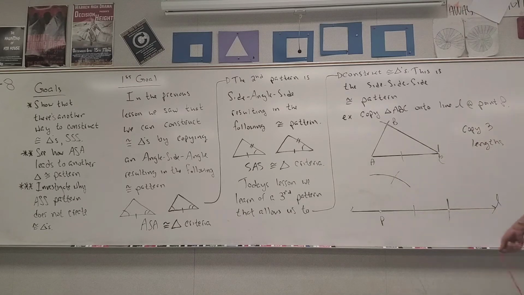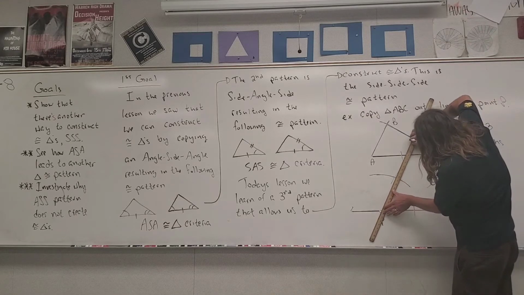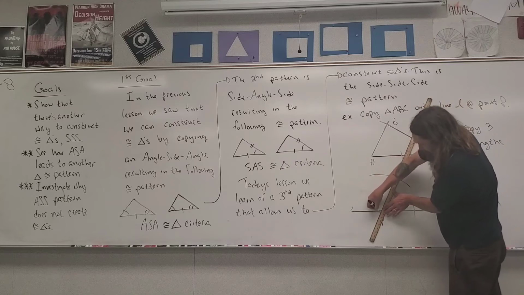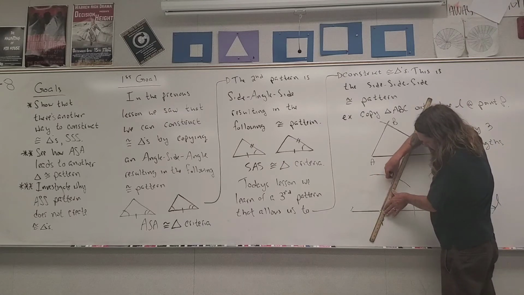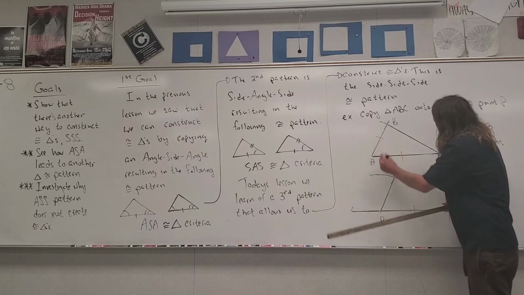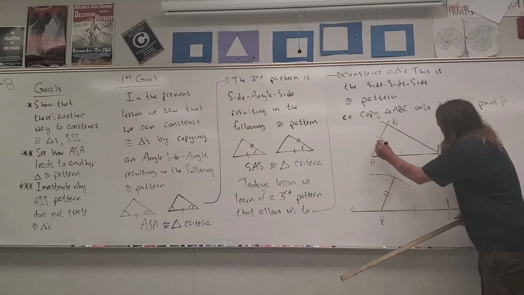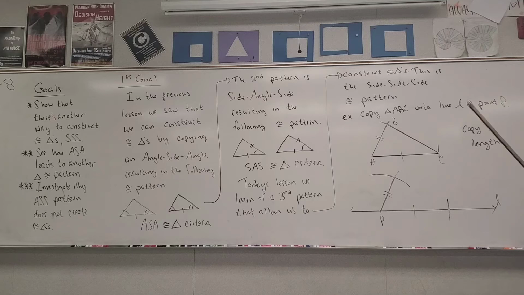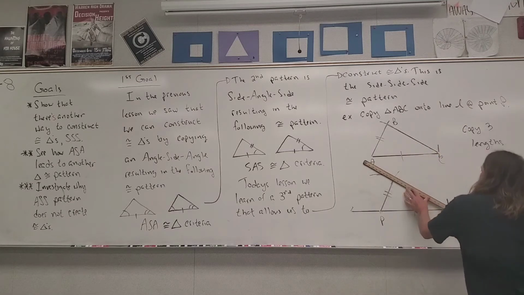Okay, now what I'm going to do is connect the dots, and I should have 2 identical triangles. Now, where did I hide my ruler? There you are. Okay, so I know from this point to this point is the same length as this point to that point, from A to B. These are congruent, okay? And if I connect these,